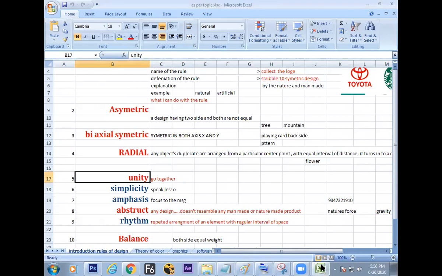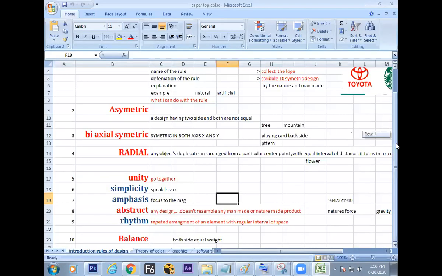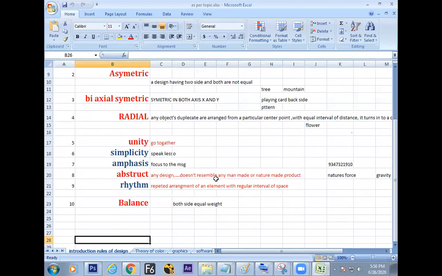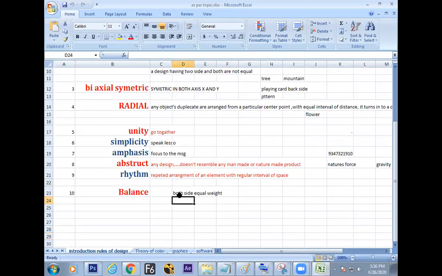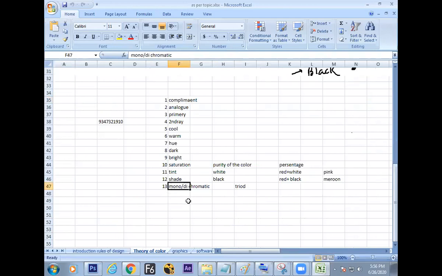Excel sheet, okay. So on your screen, I can find the Excel sheet. Just take a snapshot or make a note about the rules. Balance. Here, small definitions are written, but you can find more definitions on the net. Color theory, yes. Here are the color theory technical terms. Gather this information. Just waiting for a while, whether you are noting it, typing it out, or taking a snapshot, do it.